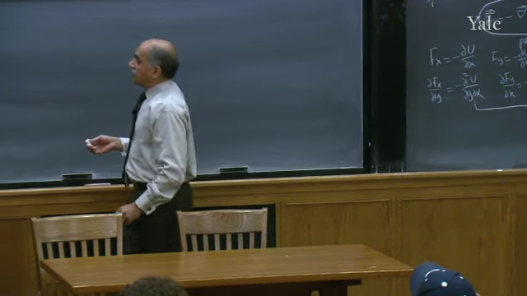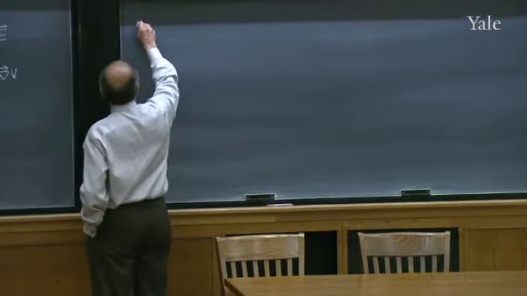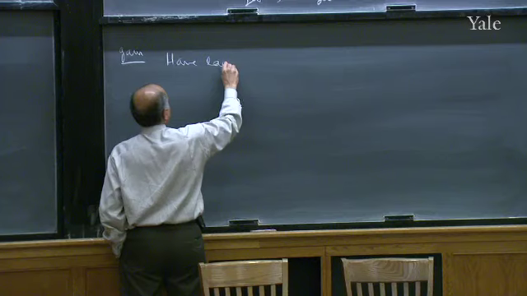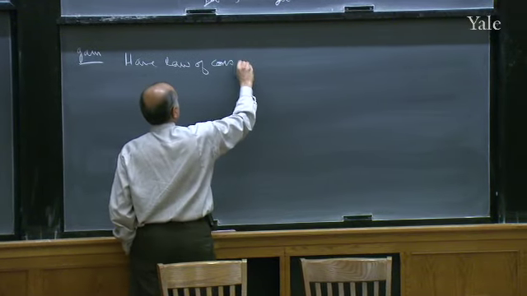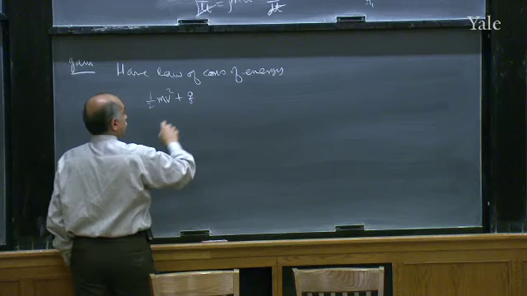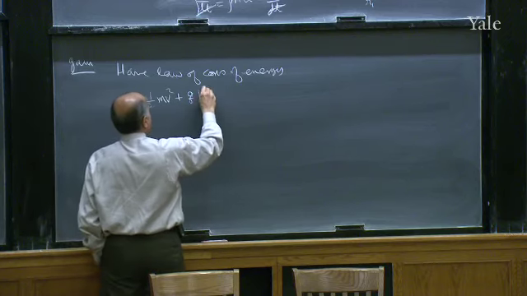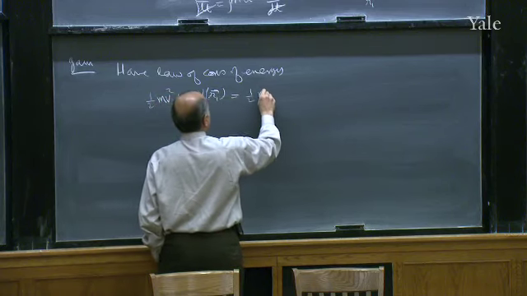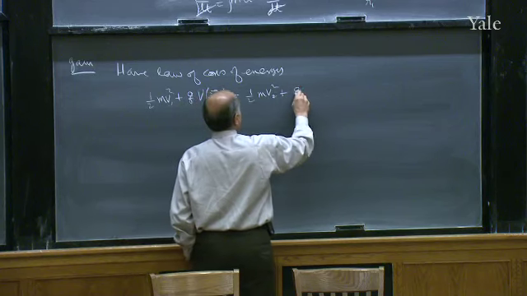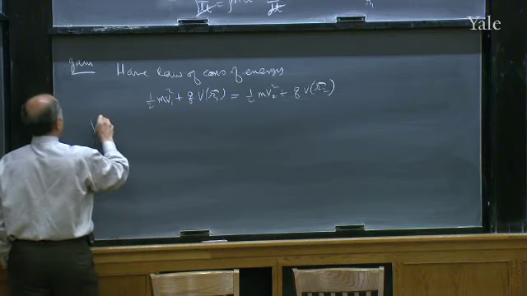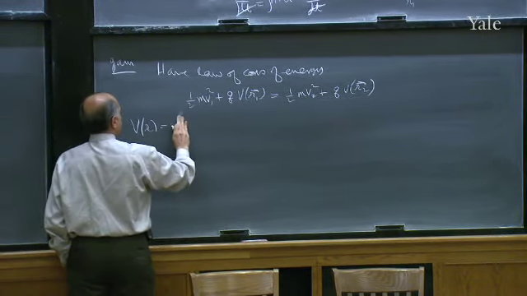So what have we got so far? Our gain is the following. We have a law of conservation of energy, which is the following: 1/2 mv squared plus q, the charge of the body you're interested in, times V at the point r1, is equal to 1/2 m v2 squared plus q times V at the point r2. And what is V at any point r? It is the sum